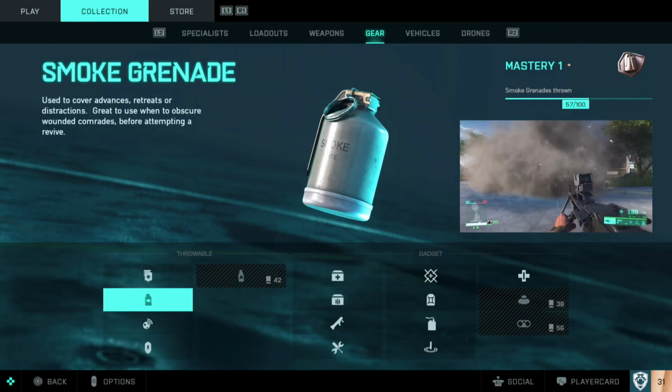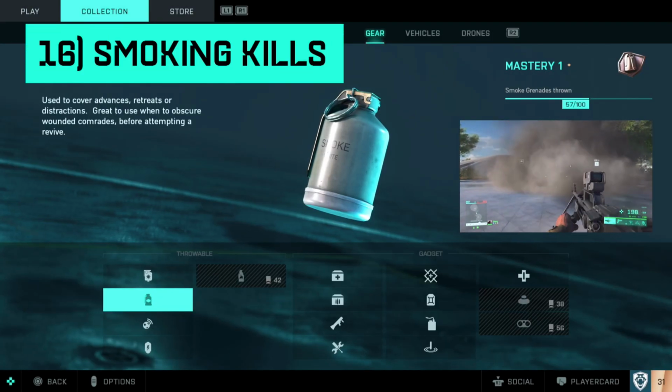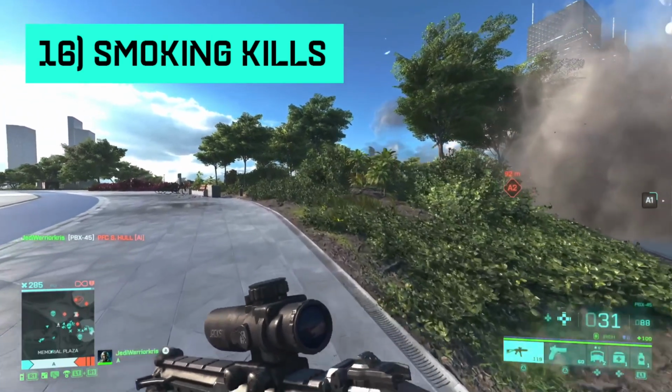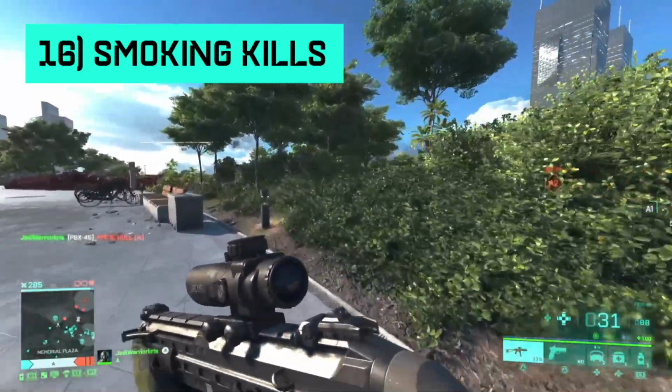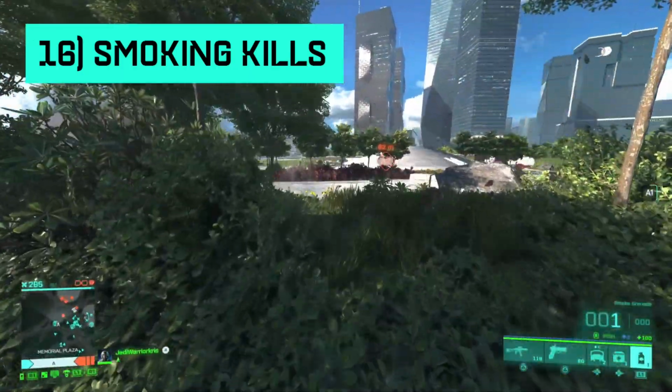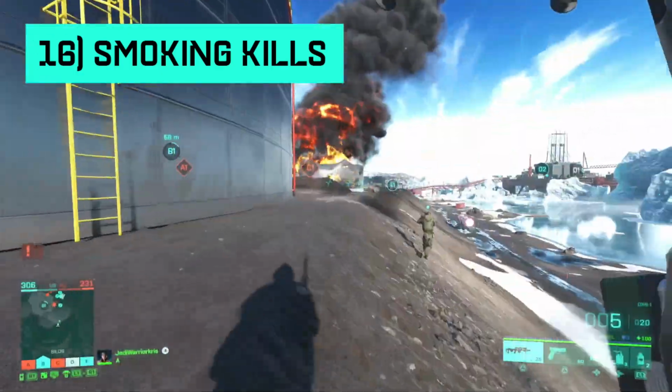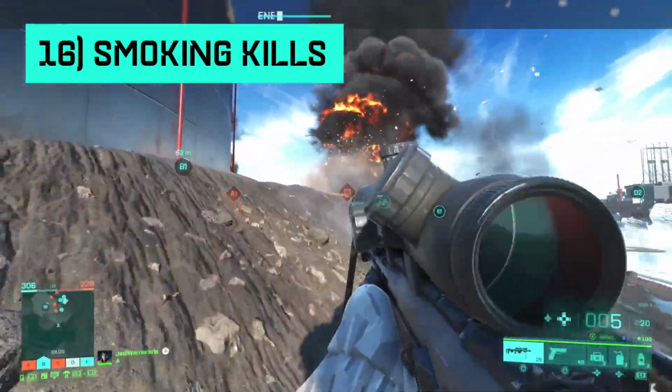One of the best, often overlooked throwables in Battlefield 2042 is the smoke grenade, which might not seem very cool or deadly, but can offer you a much wider field of use, as opposed to a lot of the others. The smoke grenade is always a smart choice. It's a much more tactical choice too, being useful in many different ways,